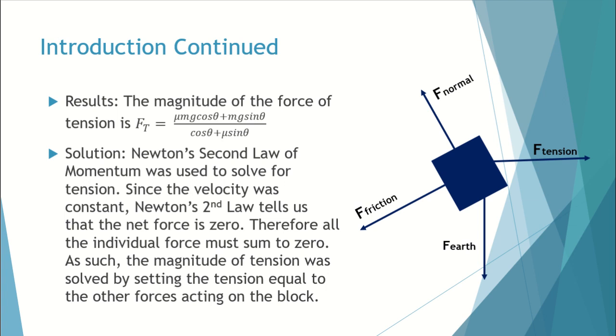And so to continue, the result of this is the magnitude of the force of tension is mu mg cosine theta plus mg sine theta over cosine theta plus mu sine theta. And to do this, I used Newton's second law of motion. Since the velocity was constant, Newton's second law tells us that the net force is 0. Therefore, all the individual forces must sum to 0. As such, the magnitude of tension was solved by setting the tension equal to the other forces acting on the